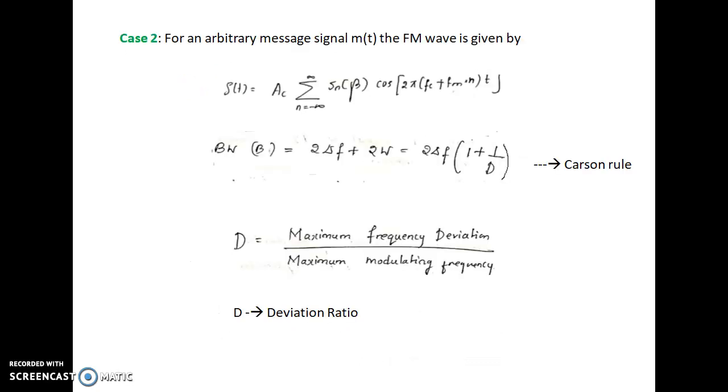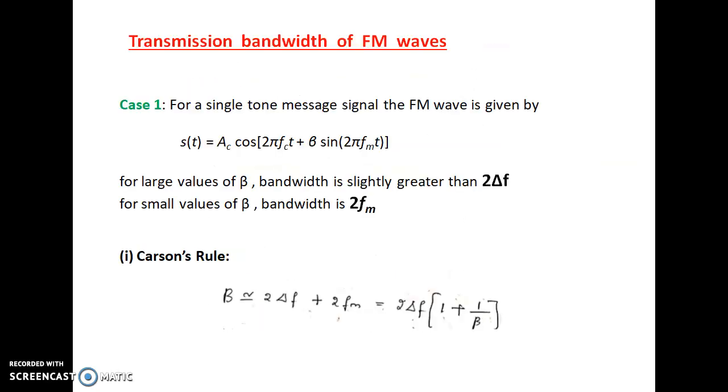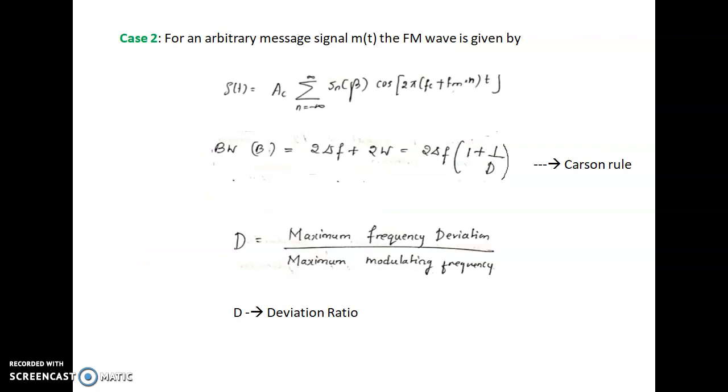Okay, the next thing is for an arbitrary message signal. Till now, I'll just go back, under case 1 we studied the determination of transmission bandwidth for a single tone message signal. That is case 1. Now coming to case 2, wherein you will be observing a message signal which is arbitrary. That means it may have a series of frequency components, several frequency components. In that case, m of t is your message signal, and this is the general equation which we have taken from property 2,